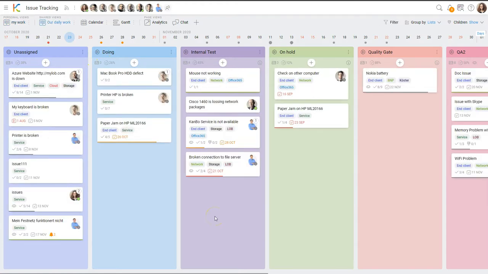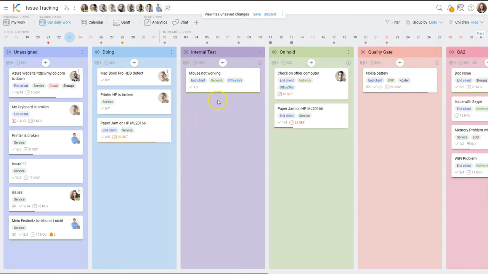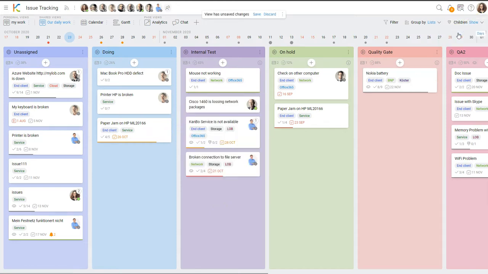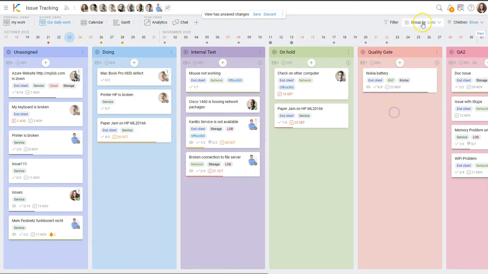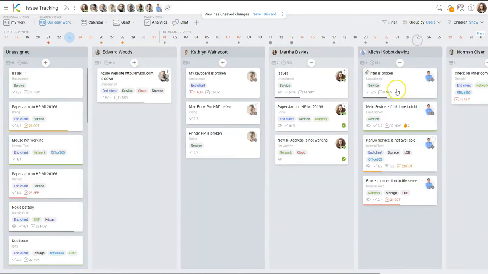You can make other changes to this view. For example, you can show or hide children cards. You can, for example, use one of the available filters, or you can change the grouping, for example, to users. You can also make changes to the timeline by choosing another zoom level, for example, weeks or months. The circles on the timeline indicate how many days of cards fall into that day, month, or week.